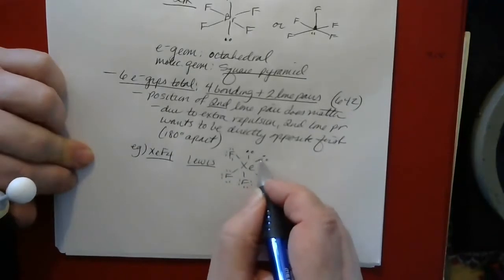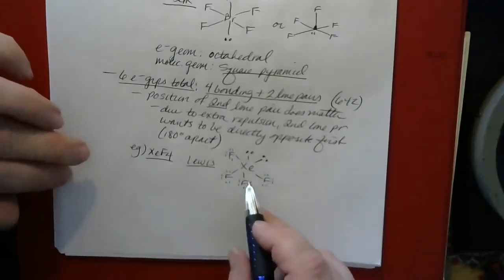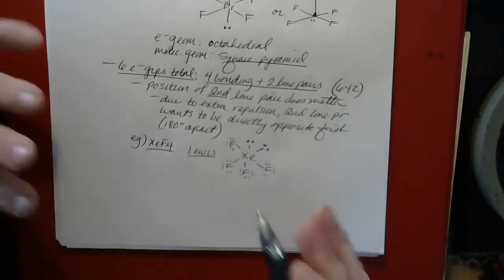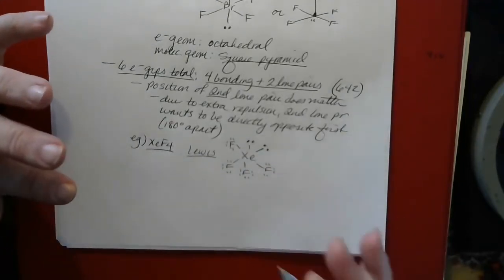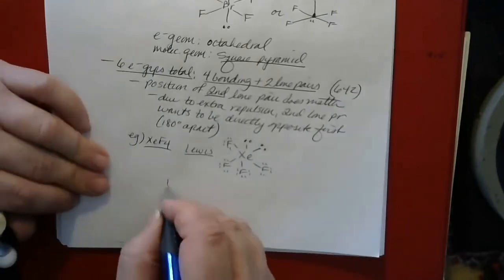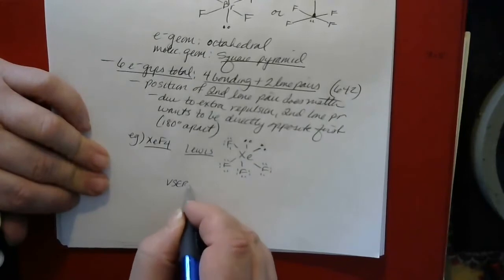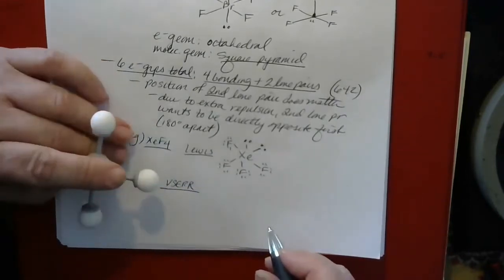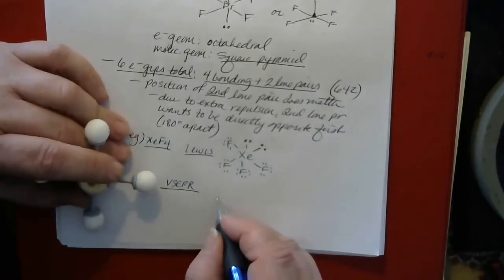With the two lone pairs. Remember, for the Lewis structure, you don't have to draw the lone pairs opposite each other because the Lewis structure is just meant to show you what is bonded to what else and how. But for the VSEPR structure, things like that do matter. And the way we would draw this would be